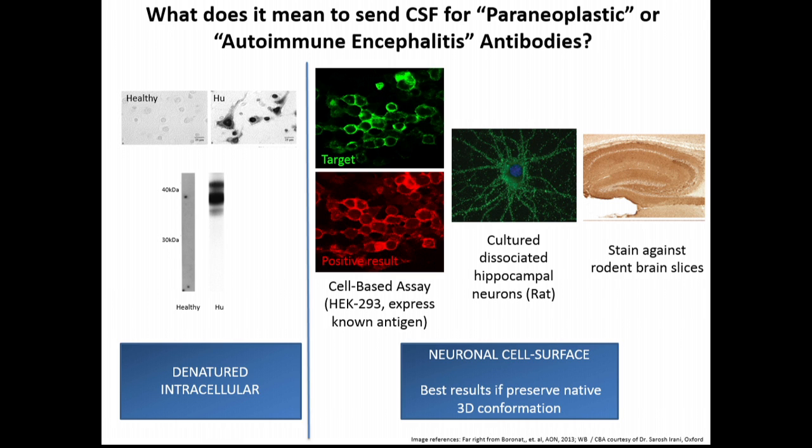So the cell-based assay only works if you know what to transfect, if you know what to express. But the brain slice assay can tell you that there's something binding brain, we just don't know what it is yet. The challenge is that no clinical lab can report that out to you under any CLIA. CLIA is the sort of official lab regulations that say what you can put in a written report and make clinical decisions off of. No one can report that in writing, but many of the major labs, and especially the research labs, will call physicians or at least try to share that information somehow to say there's something active going